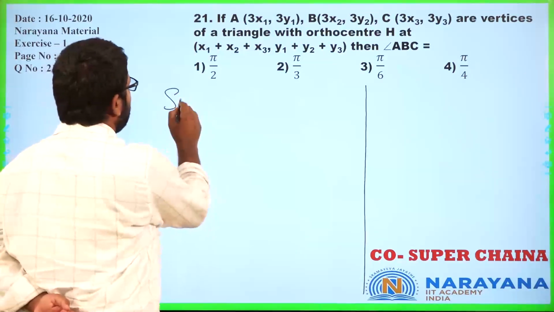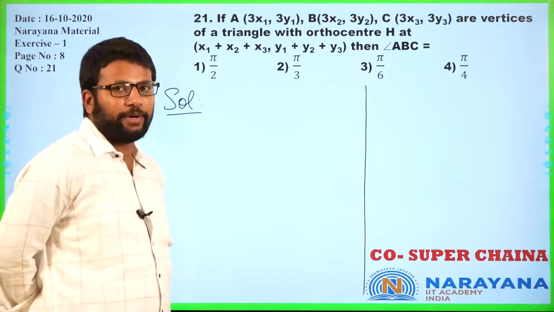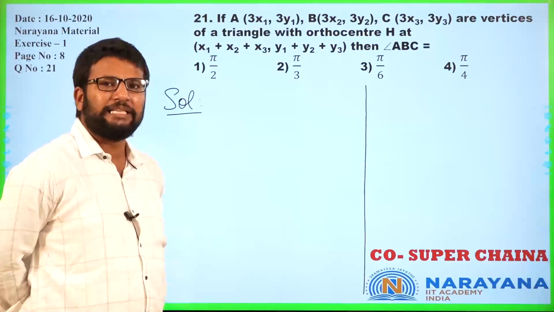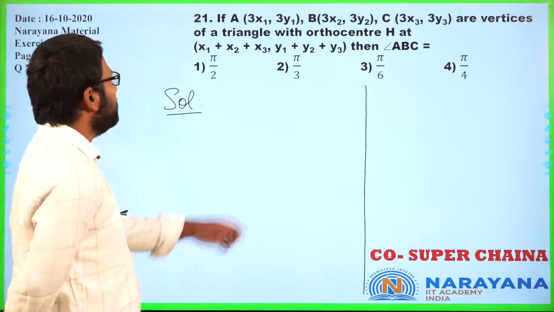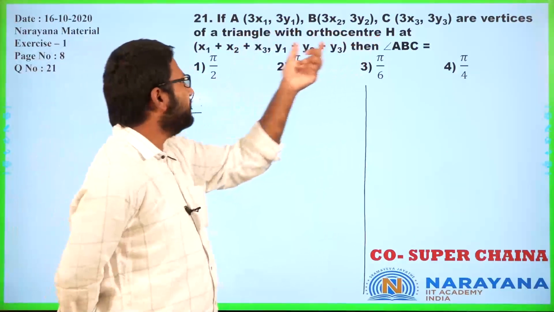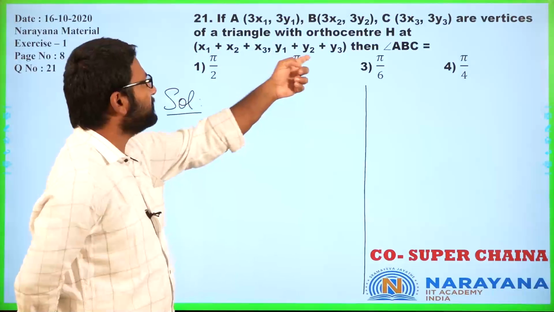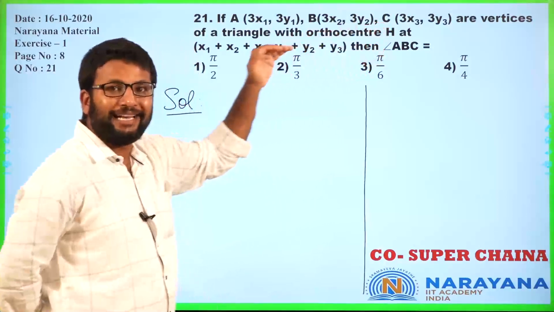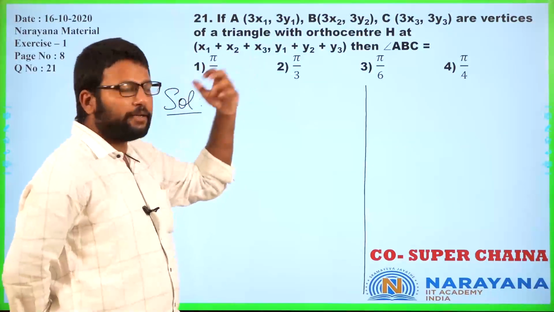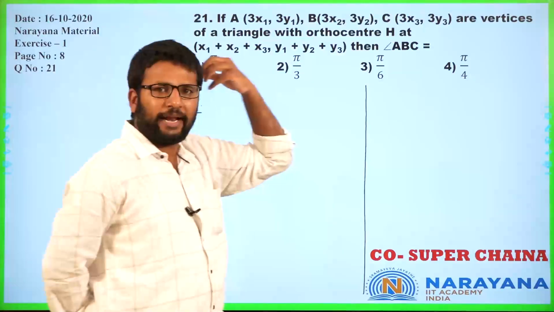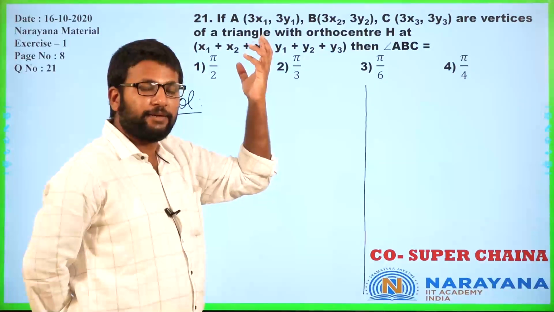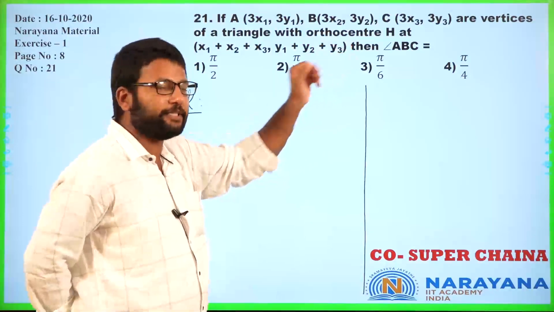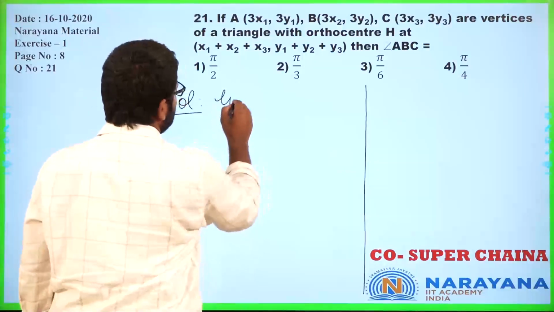Often the coordinates that are given to you have some hidden information. So what you should do is observe it carefully and ask, is there something special going on? When you look at these vertices and then at x1 plus x2 plus x3, y1 plus y2 plus y3, clearly all these vertex coordinates are getting added and divided by 3. But when you add vertices and divide by 3, that is the formula for the centroid, correct? So for this triangle, the centroid and orthocenter are at the same position. That is special. So let us first write what is given.